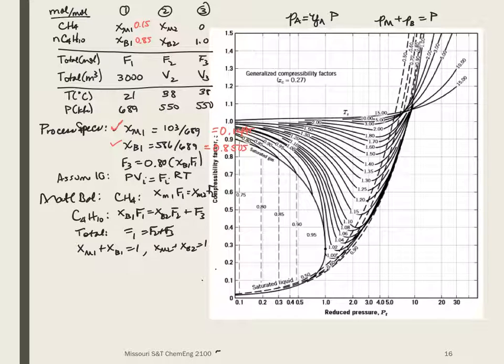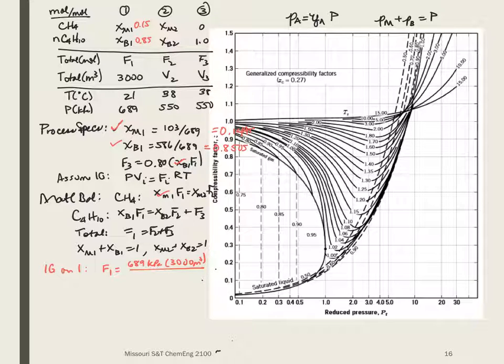Okay, so I have that. Okay, I have XB1. If I have XB1, I know this. I know XM1. I know the total volume there, so I can use the ideal gas law on stream 1 to find out that F1 is 689 kilopascals times 3,000 meters cubed